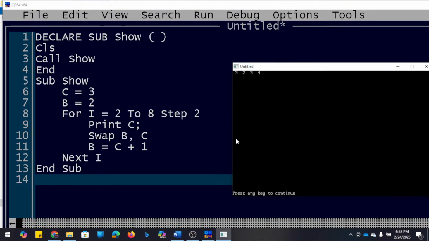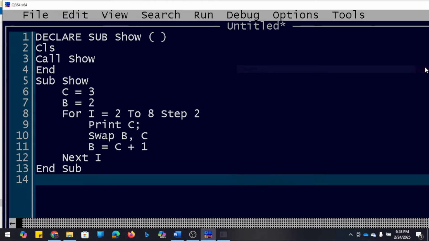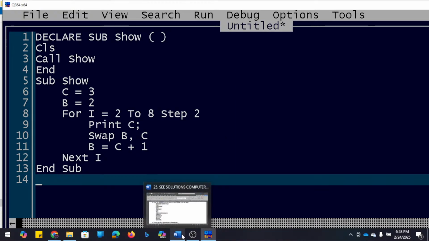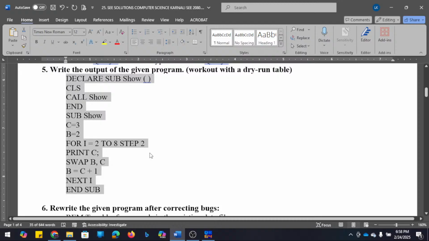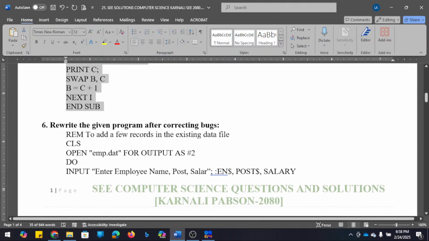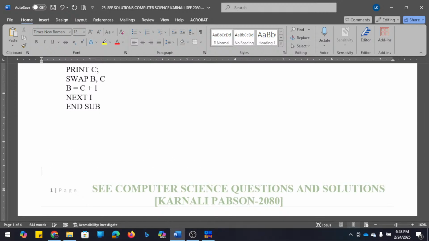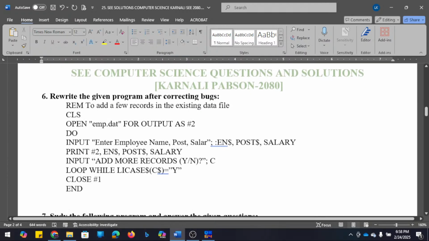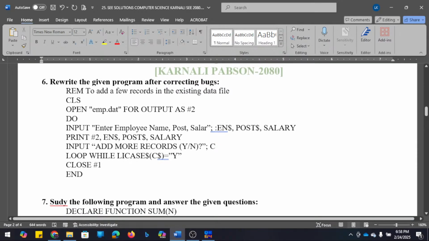Okay, now let's go for the next program. In the next program, what we are asked here is to rewrite the given code after correcting the errors. So let's go for it.